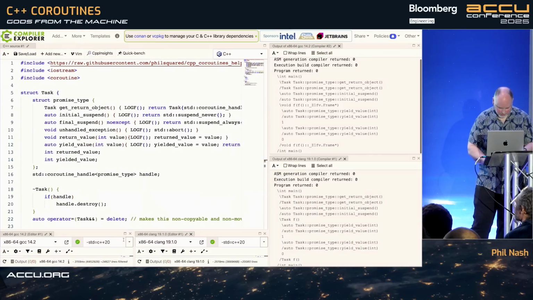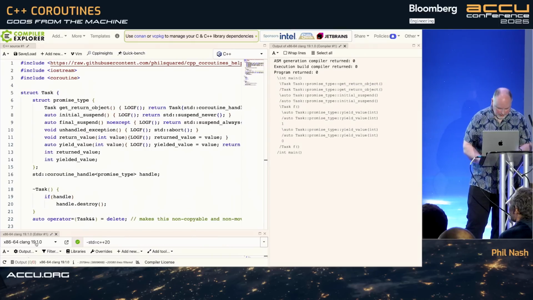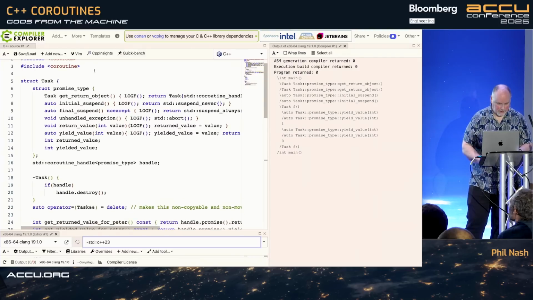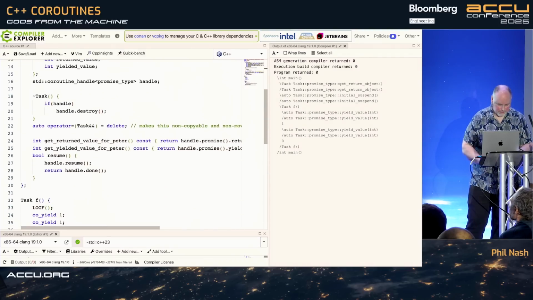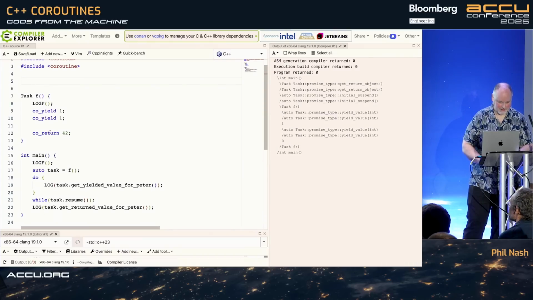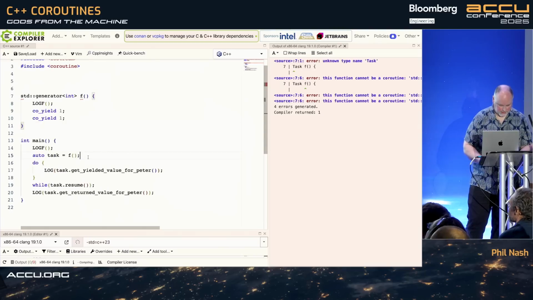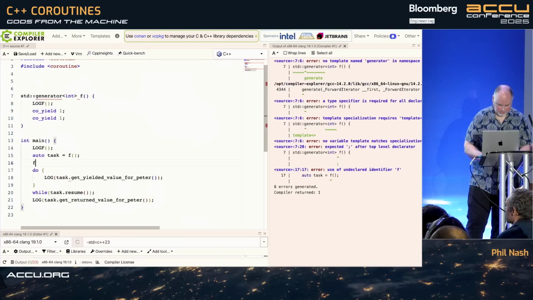I think what we need to do, let's get rid of GCC and just make this C++23. And let's get rid of all of that. And make this std::generator of int. Get that co_return. And then we can say for